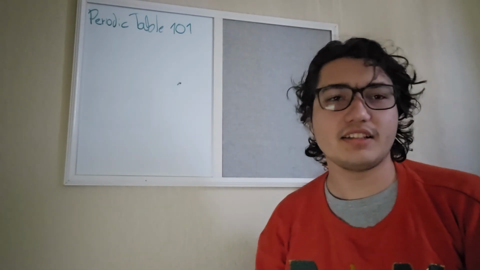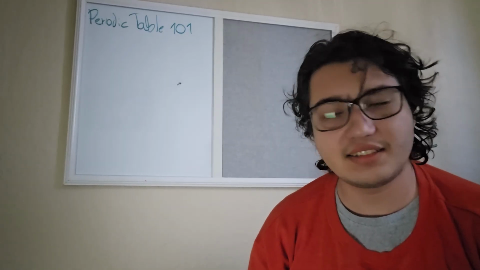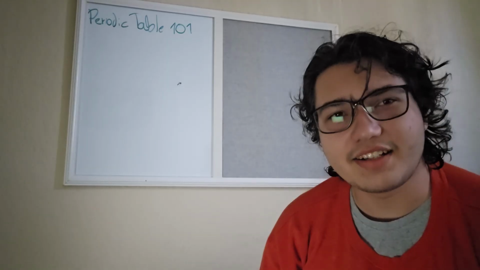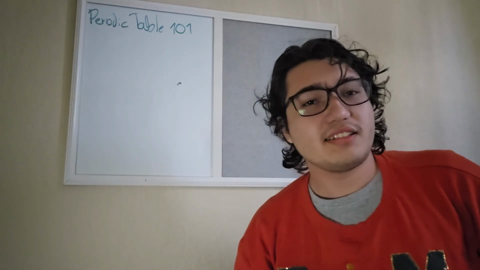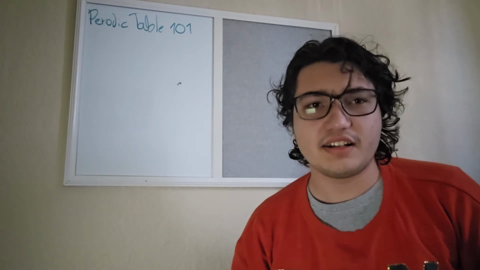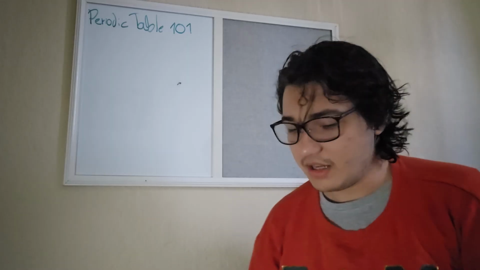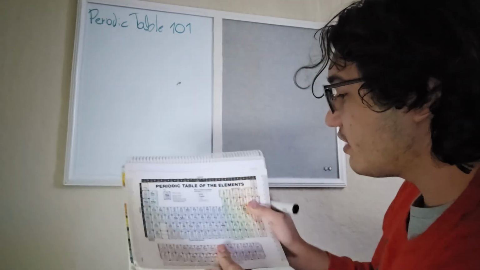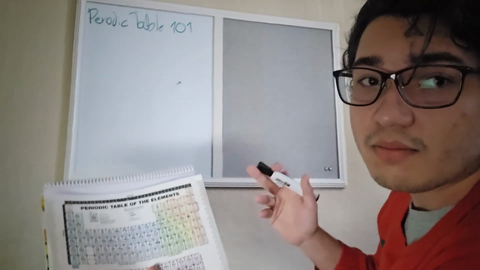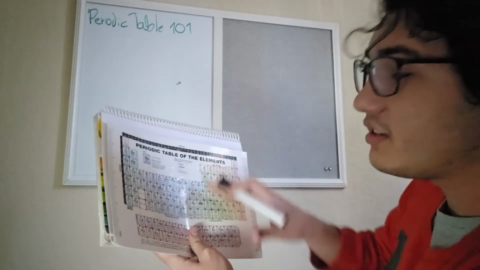So let's start with the basics of what is a periodic table. It was created in 1869 by some guy called Dmitry Mendeleev. I don't think you've heard of him. Basically, it was designed to categorize the elements. Before then, there were so many different ways to organize them, but none of them really fit. But the periodic table was designed so that not only was it based on atomic number and atomic weight, but also designed on how they connected to each other,